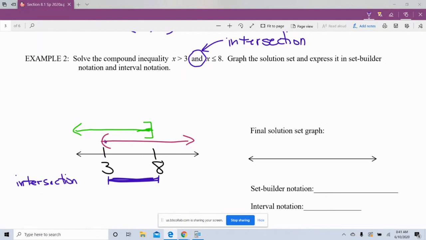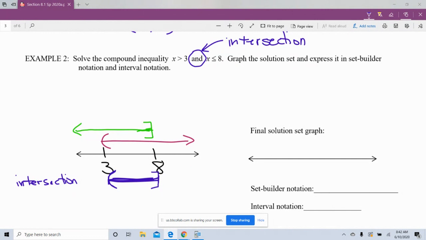Because remember, 3 is not a part of the purple solution set, but it is a part of the green solution set. So it's not a part of both. Therefore, I want to make sure it's not included in the intersection by using that parentheses. The 8 is actually a solution of both because it's shaded in the purple, and it's also included because of the square bracket here, which is because of that or equal to part of the less than or equal to symbol, right? This bracket indicates that it's included in the green set, and there's a line that goes straight through the purple. So this number 8 is actually in both solution sets, so I want to use my square